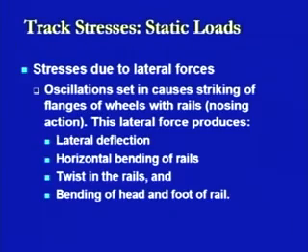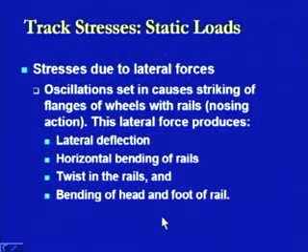Now, this is caused because of the application of the lateral force. When there is contact between the flange of the wheel and the head of the rail, the force is applied at the top of the rail section. When this force is applied at the top of the rail section, it is going to create an eccentric condition as far as the foot of the rail section is concerned, because this is coming in terms of a horizontal movement. And because of this eccentricity between the application of the load and the point at which it is rigidly held with the sleeper, that is the foot, there will be a bending of the head and the foot